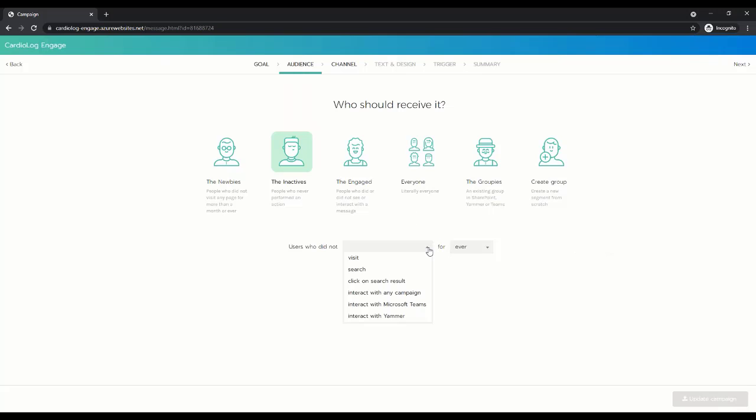Or maybe you want to get feedback from users who didn't interact with Yammer or didn't interact with Teams, because clearly you cannot read their sentiments, so you're going to have to ask them for feedback directly. So there's many different options, many different ways to leverage Cardiolog Engage. It is an amazing solution that has multiple ways of leveraging it to help you in your organization to drive